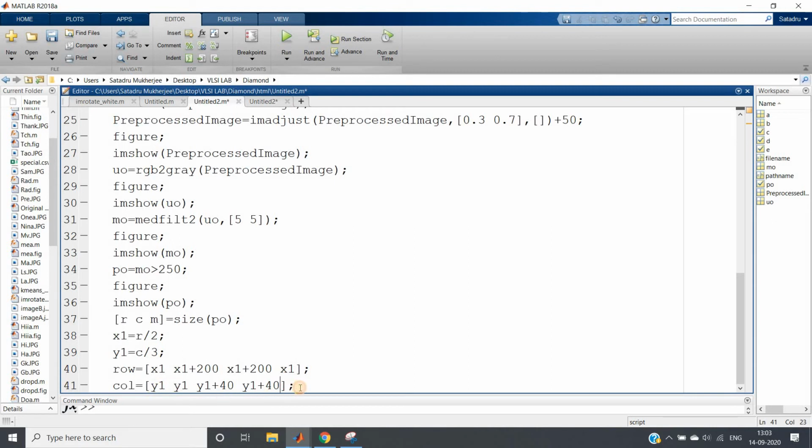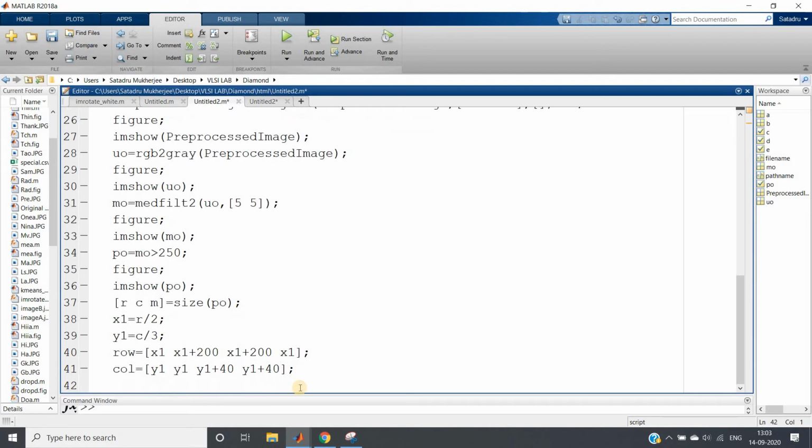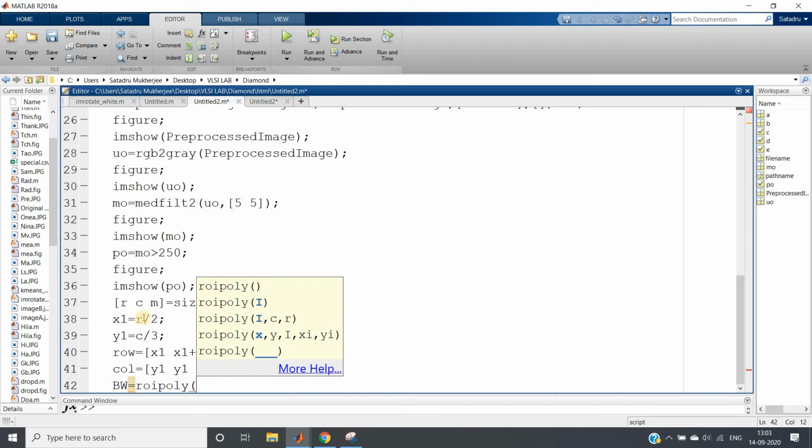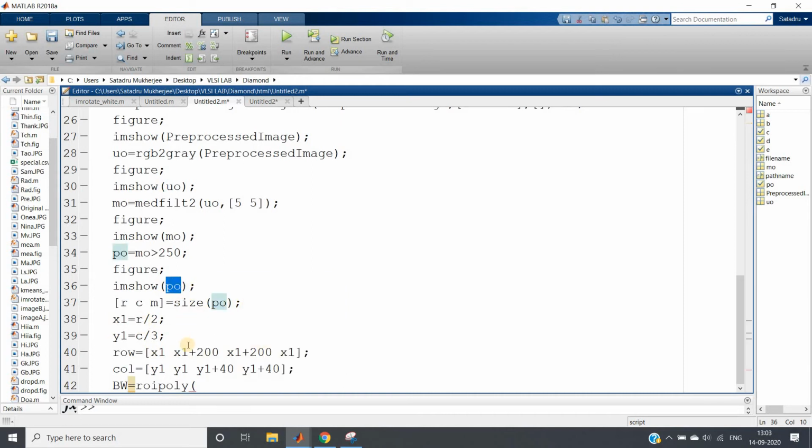Then what we will do, we will create our ROI poly, BW equal to roipoly. Region of interest polynomial. This is our filtered image I am taking. Control V, and then I will be writing row and column.